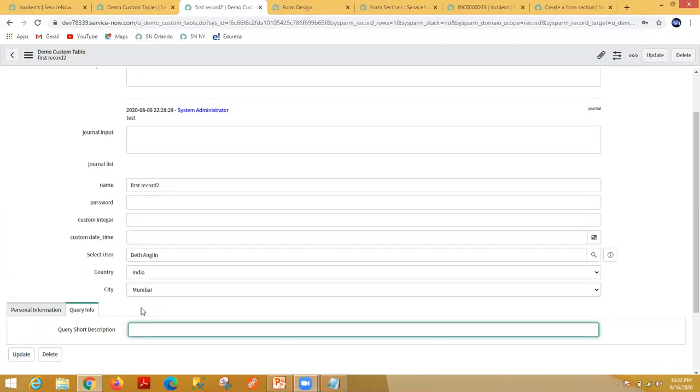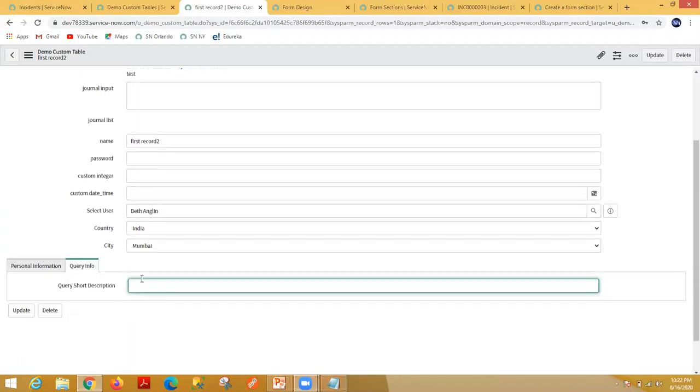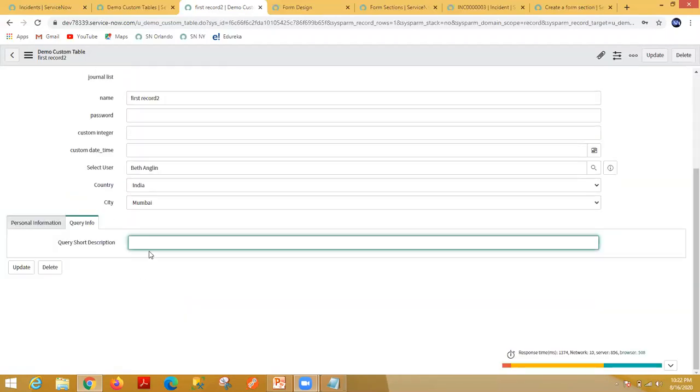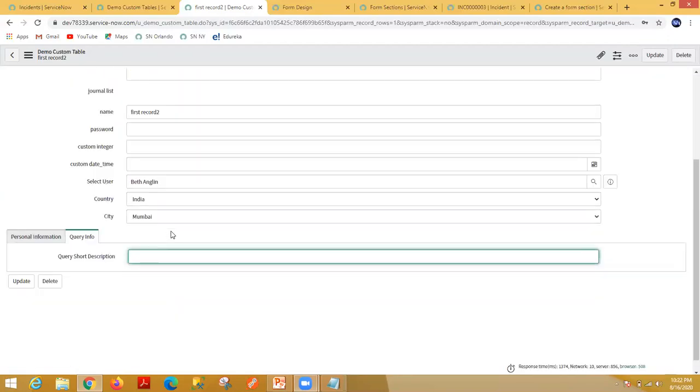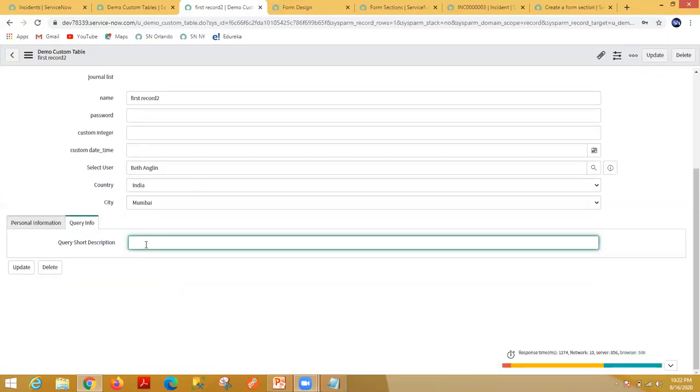Okay, so suppose if I want to create one record, I want to type some short description of query here. So what I can do, I don't need to search the short description field here. Okay, in the default section, I can just directly jump to the query info section. Okay, I can put test input or test issue.